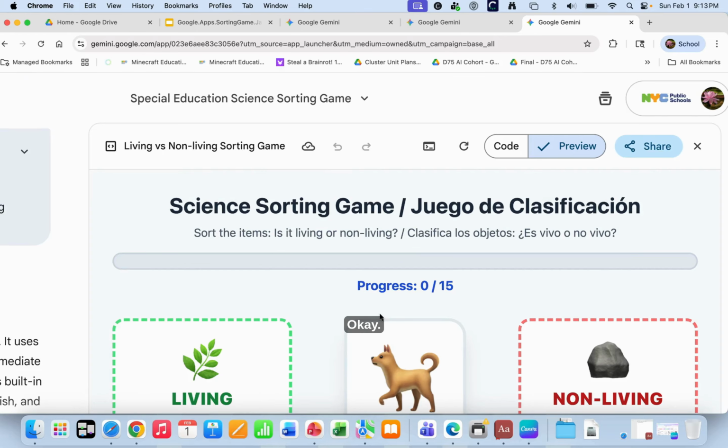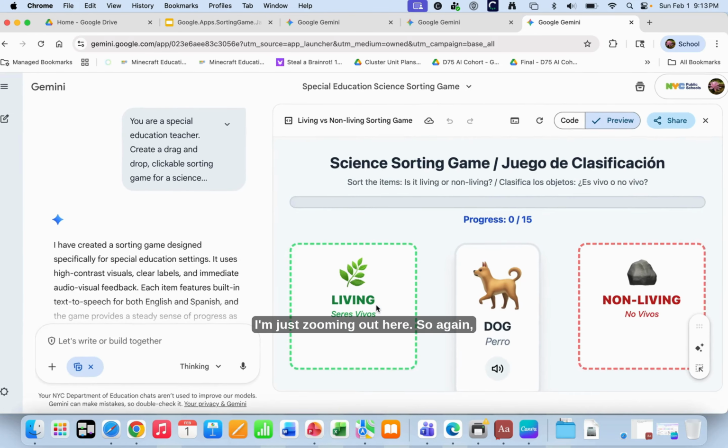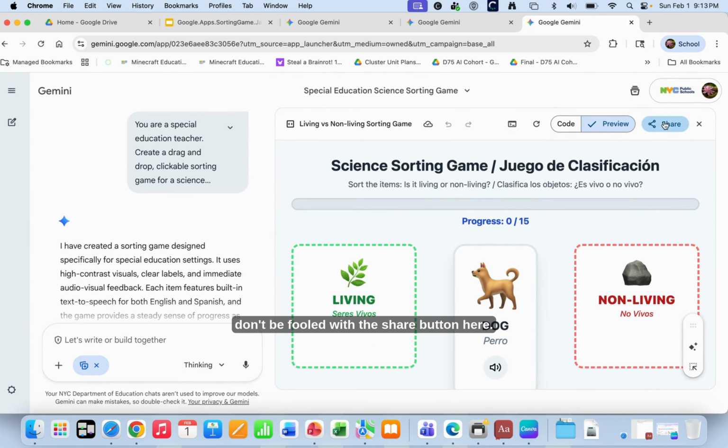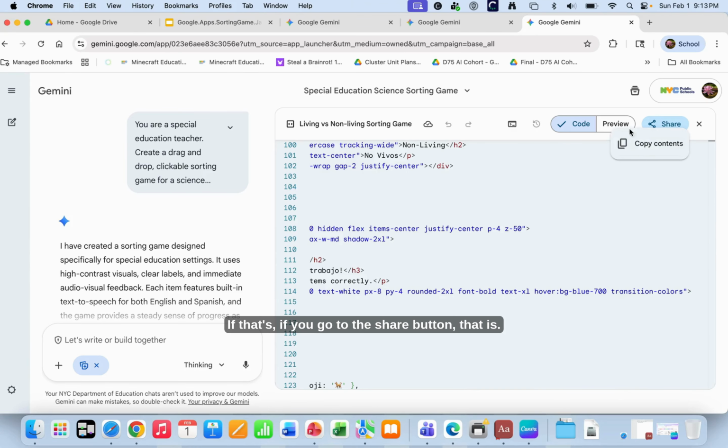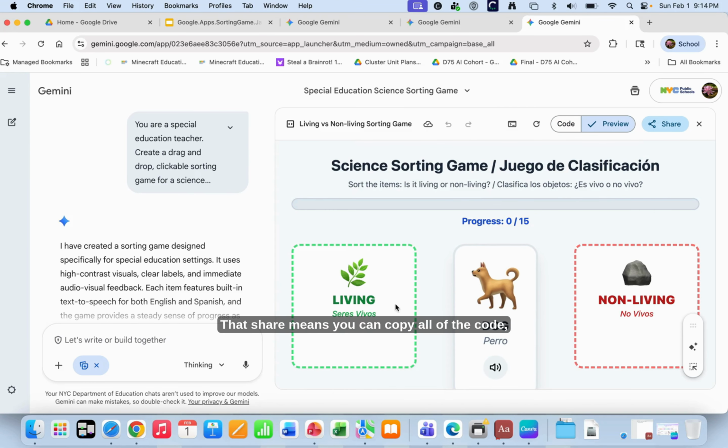Okay. I'm just zooming out here. So again, don't be fooled with the share button here. This share button is the code. So if you're a little bit advanced, you can share, meaning you're copying all of this code here. If you go to the share button, that share means you can copy all of the code, export that code